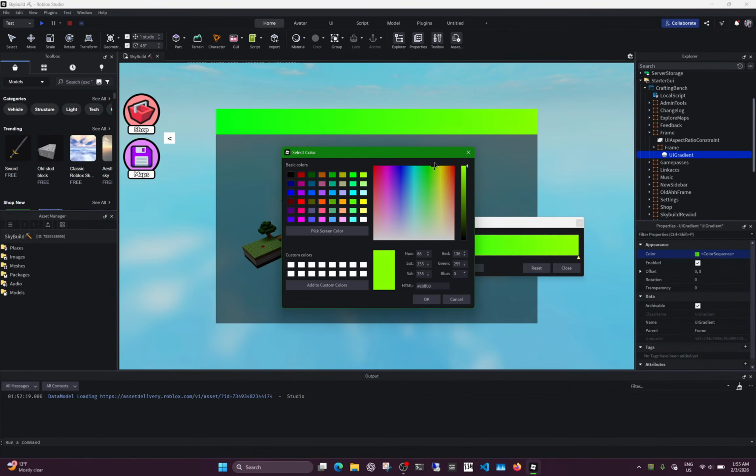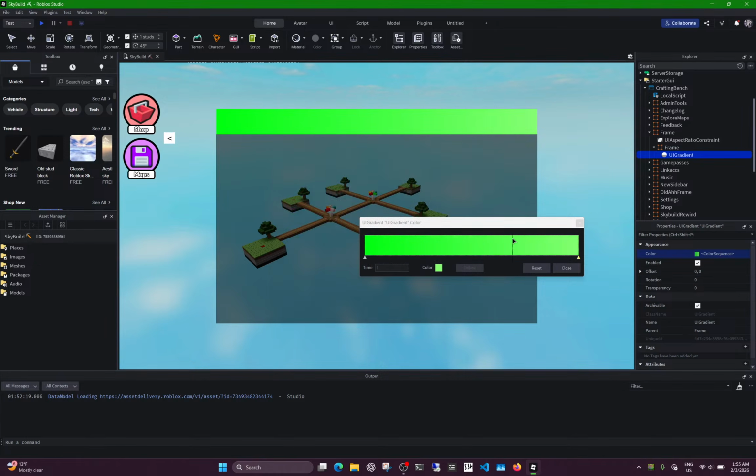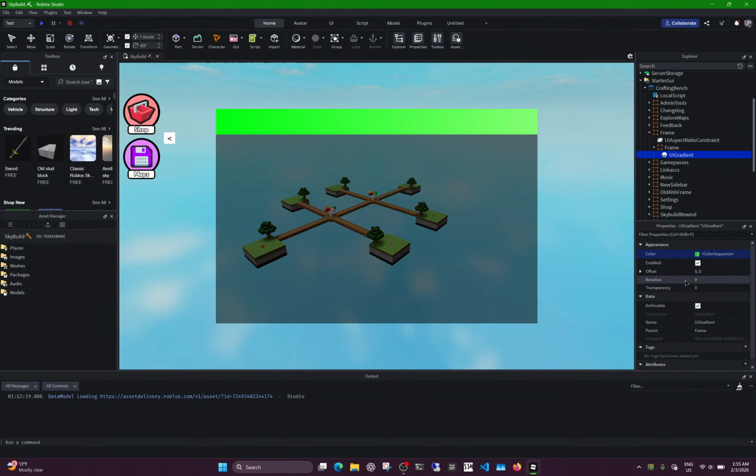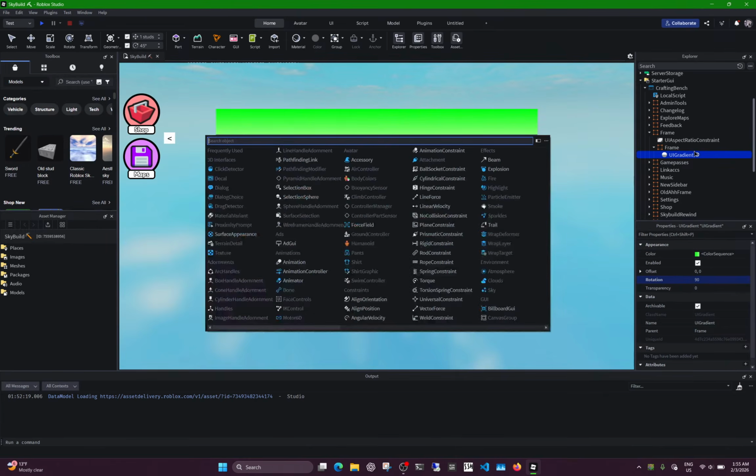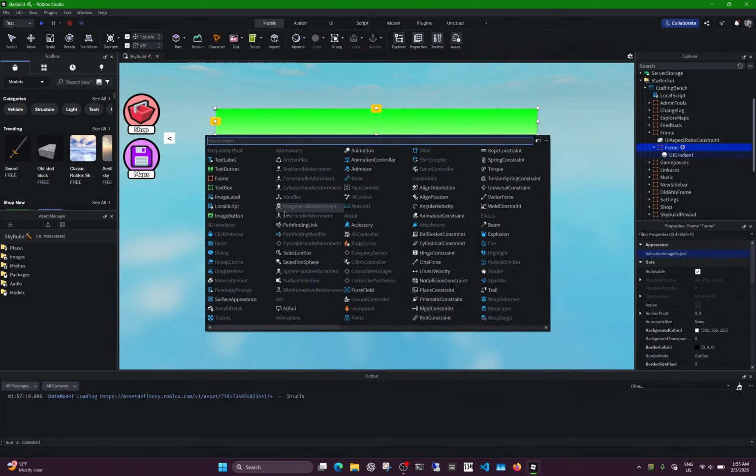Let's do a lighter green, I guess. Okay, that's good. Could I rotate it? Okay, good enough. All right, so then this frame needs an icon, an image label,